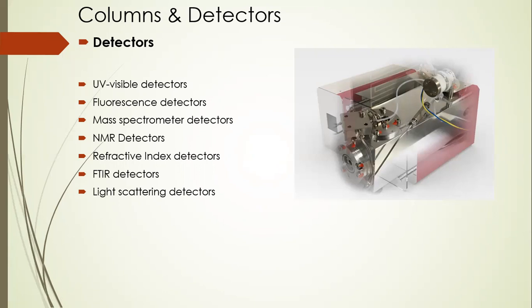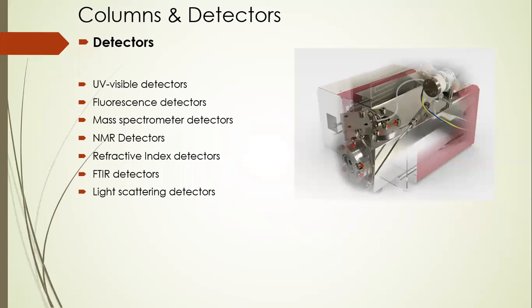Let's take an example of the UV visible detector. These are based on ultraviolet visible spectrophotometry. These types of detectors are capable of measuring absorbance down to 190 nm and can give a full scale deflection for as little as 0.001 absorbance unit. They have a detector sensitivity of the order of 5 x 10^-10 gram per cubic centimeter and a linear range of 10^5.